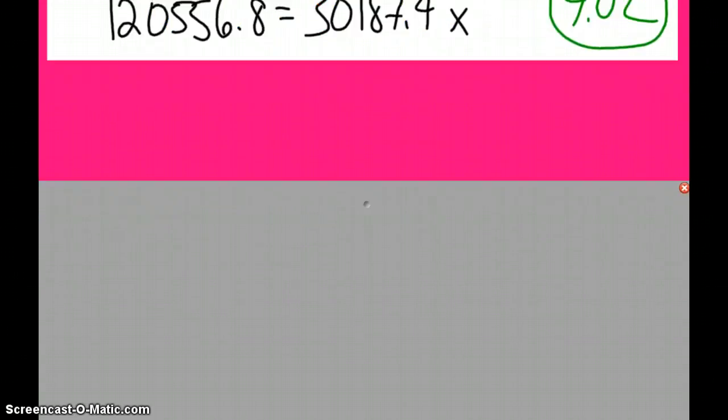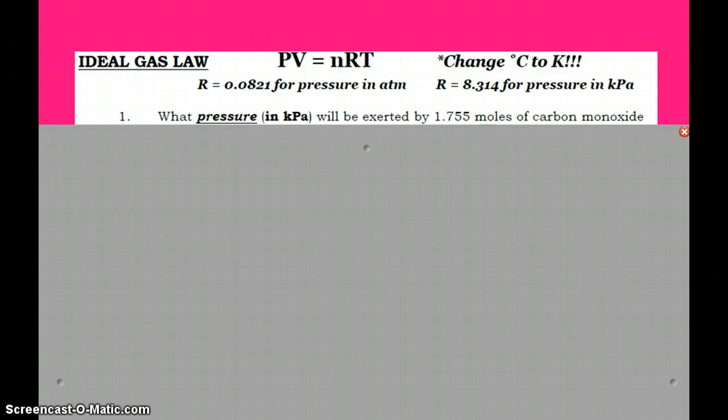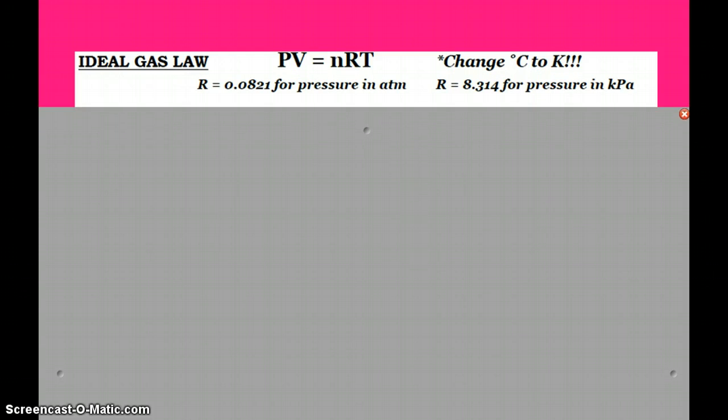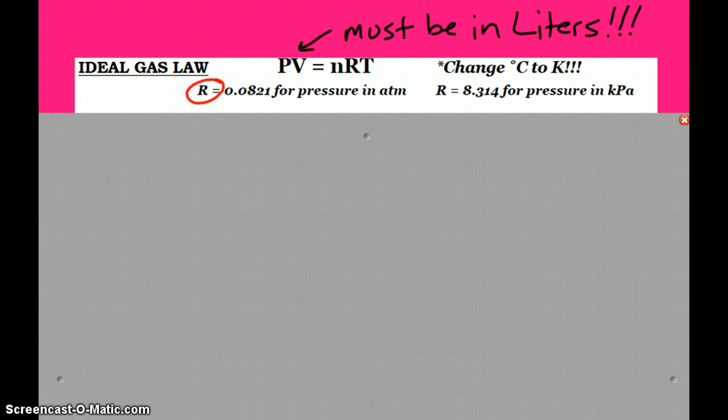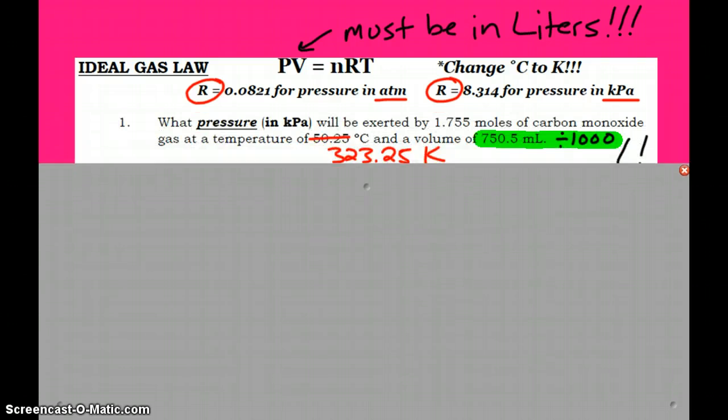Alright, next up we have the ideal gas law, and the ideal gas law is PV equals nRT. The other thing we do have to make sure that we remember is our volume must be in liters. That's in order for our constant to work. And you can see here, these are our values for R, depending on the pressure units. But our volume must be in liters. And so for this first problem,